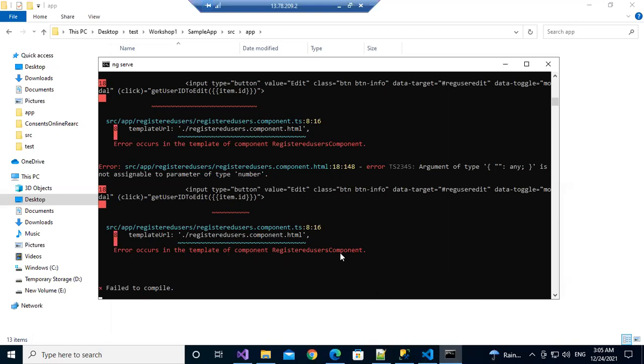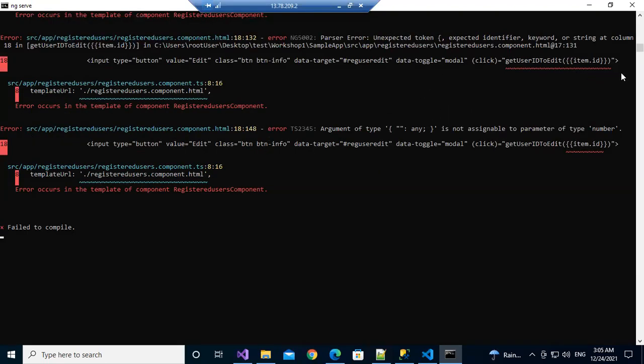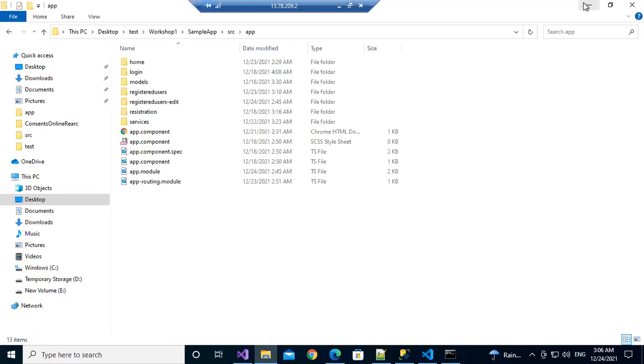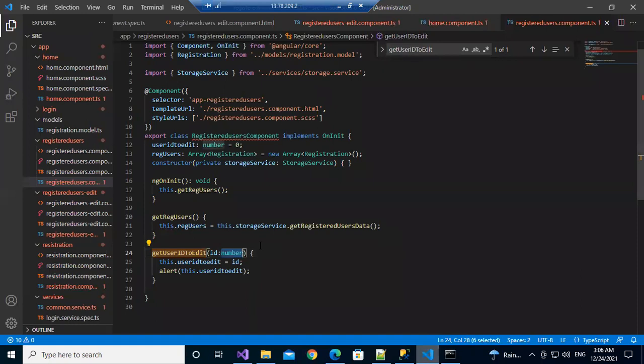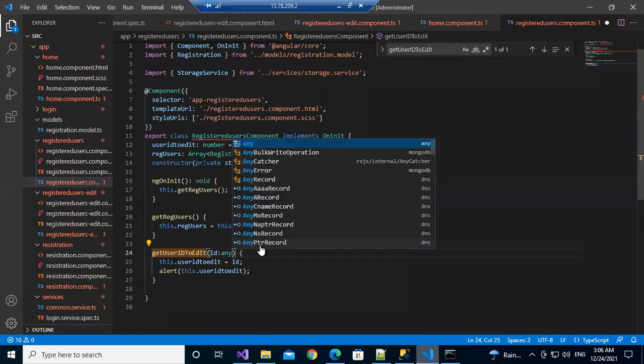Error occurs in the template of registered user. It is saying the argument type is any, not assignable to the type number. It is saying that the value is not a number but some other type. Here you are specifying number, but it is something else. Specify any. That is the error showing.